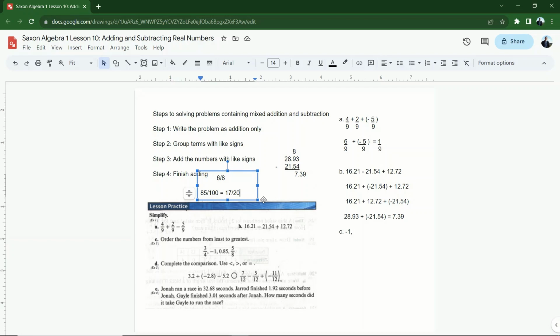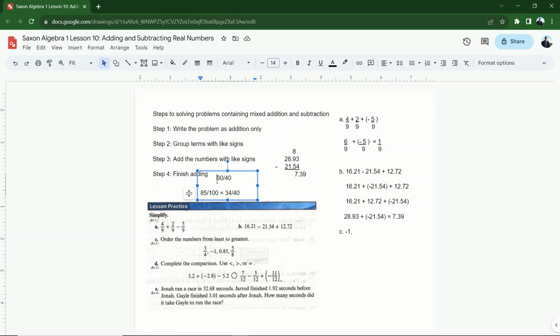And as I'm thinking about it, if I double 20, let's say I multiply this fraction by 2 over 2, so it's going to be 40 on the bottom and 34 on the top. 34 over 40. 6/8, I'm going to multiply by 5 over 5, so it's going to become 30 over 40. Okay, so 6/8 is smaller than